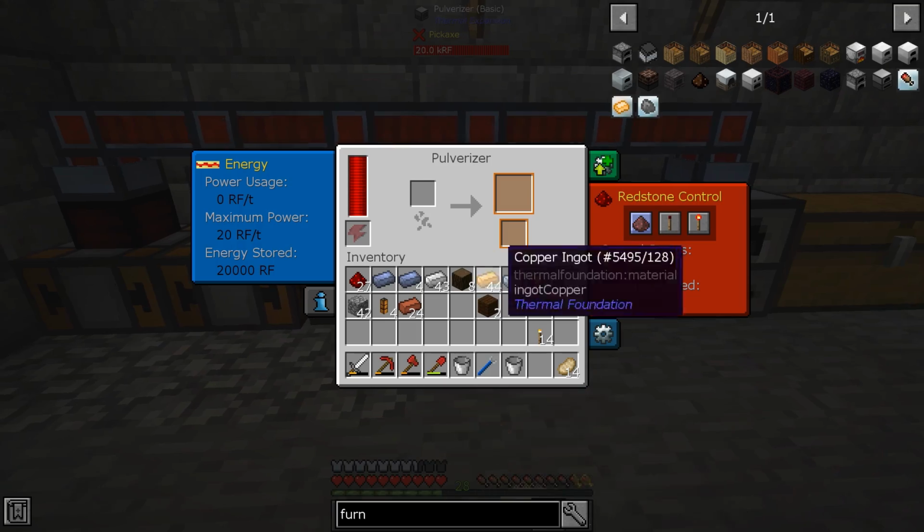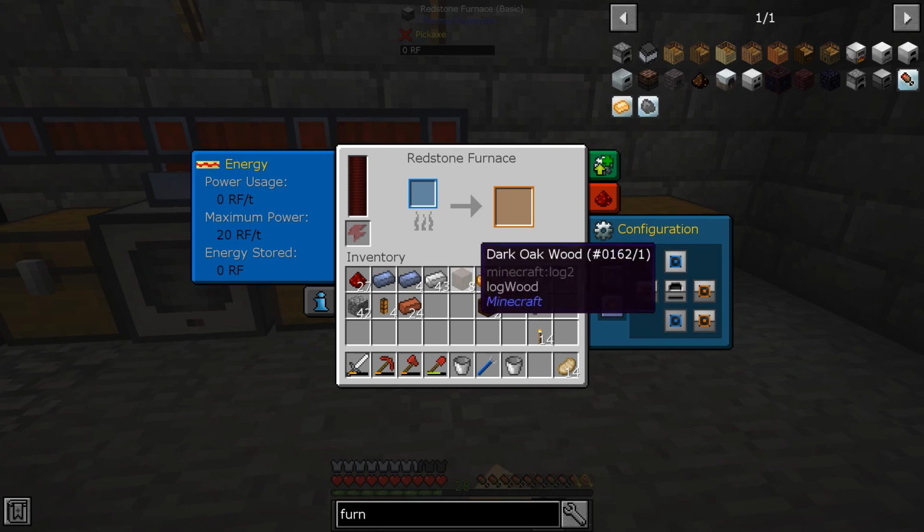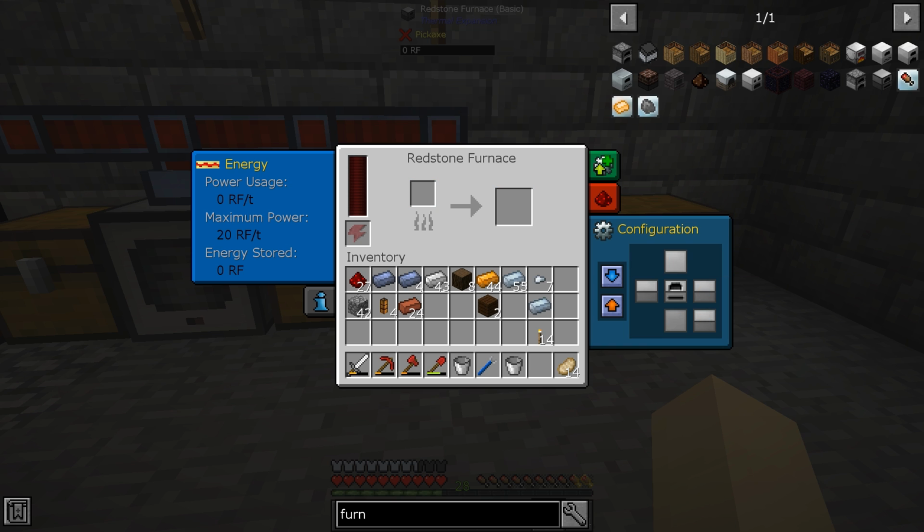And then we just need to set up the configuration properly. So we want to say auto input enabled. I want it to input from the left side and output everything to the right side. And then we're basically just going to do the same thing here. You can shift left click this center plate, this center one, to clear everything. So auto input from the left and output